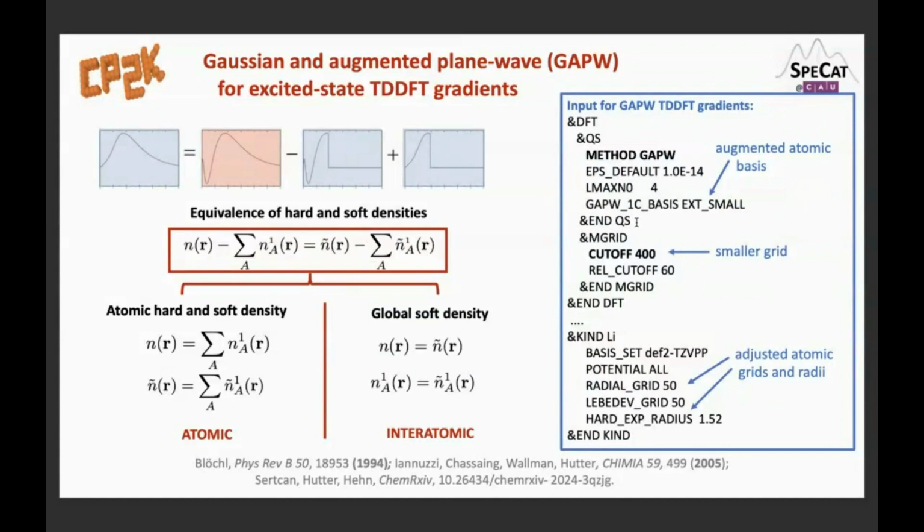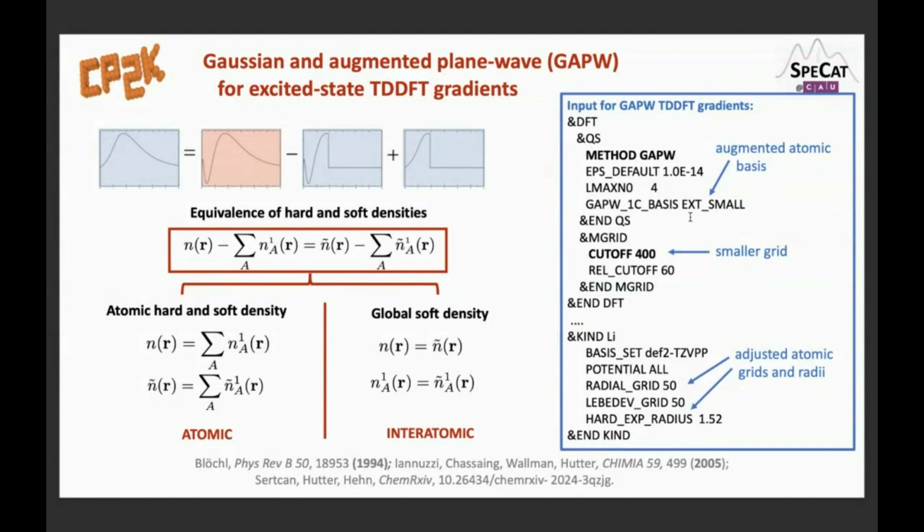What is maybe important for you is that you can now really switch from GPW to GAPW in CP2K to compute excited state gradients. This allows you to perform all electron computations. You can choose a smaller grid. And what you have to be careful about maybe is that when choosing the atomic basis sets for the atomic regions,